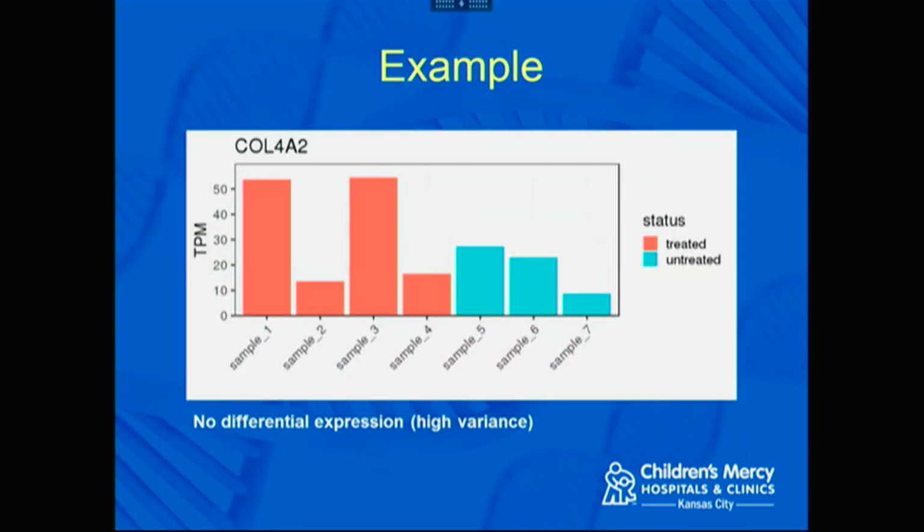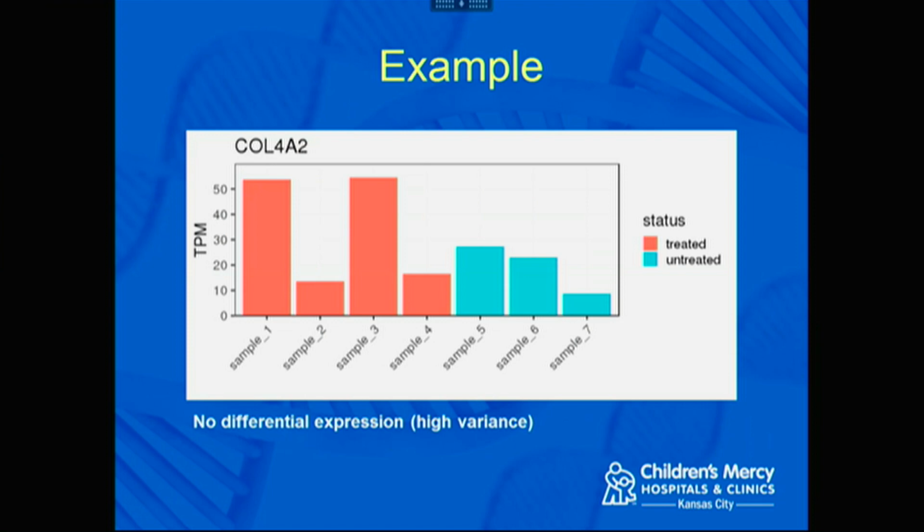I'm going to give you some examples of RNA-seq differential expression. This is actually some data from the lab, but I've anonymized it. In this experiment, we had 4 samples of treated and 3 of untreated. You could pretend this is a drug treatment, for example. So in this gene,